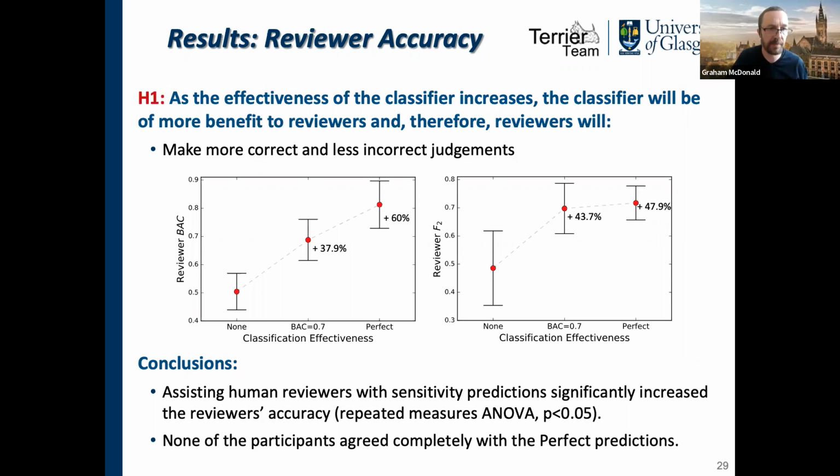So providing classification predictions helps. There's still ongoing work looking at how effective this classifier really needs to be in order to help them